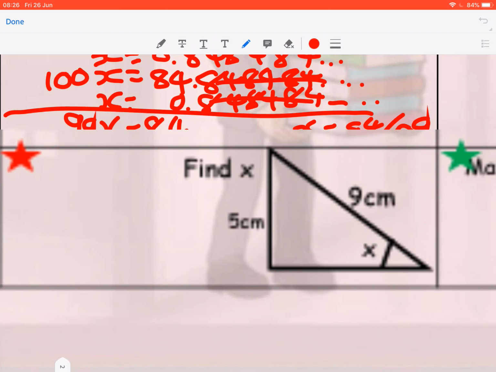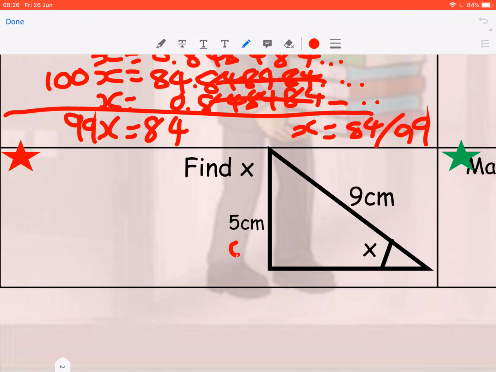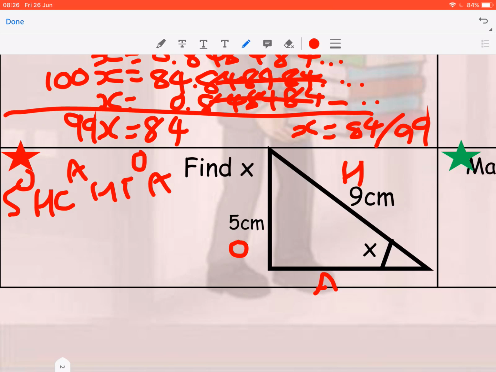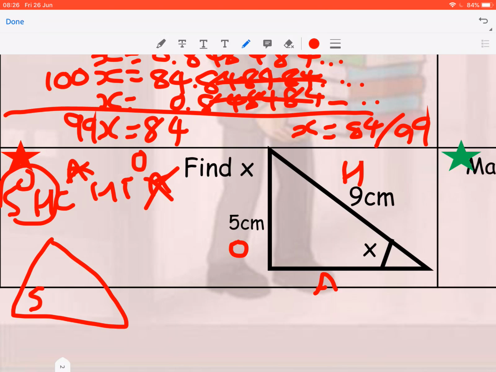Okay, a little bit of trigonometry now. Make sure you've got a calculator handy. I label my sides. I've got O, H and A. Write down my SOHCAHTOA. I cross off A. I'm going to be using SO. Draw my SO triangle out. I want sin. So if I cover the S on my finger, my working out is O over H. O is 5, H is 9. And remember, because we're finding the angle,